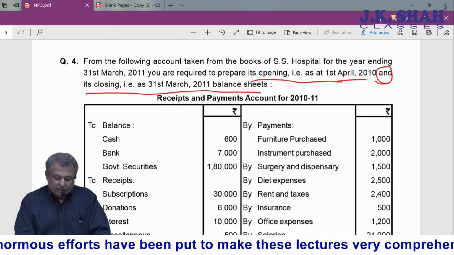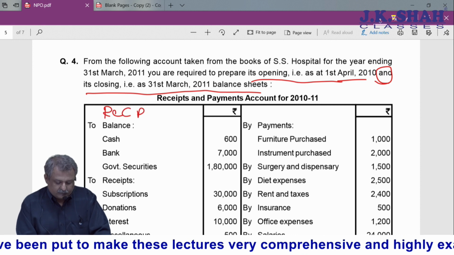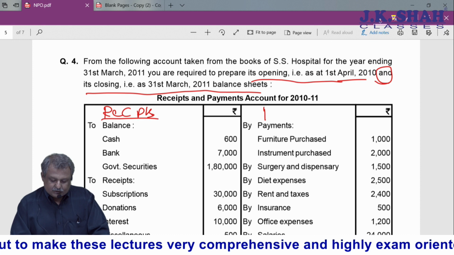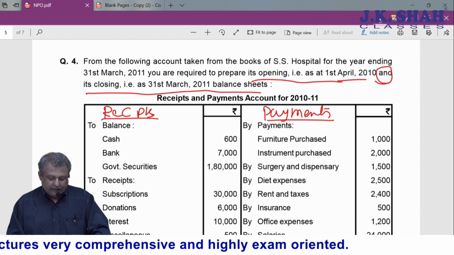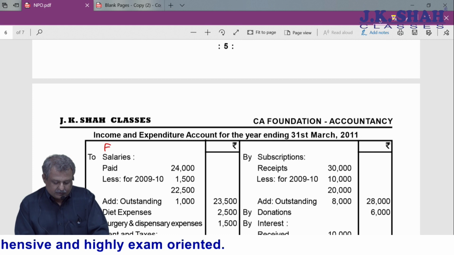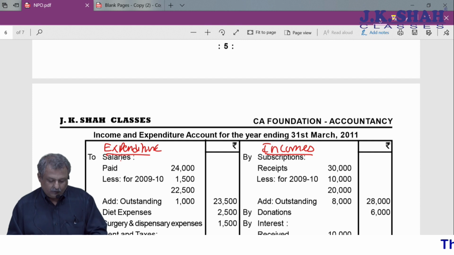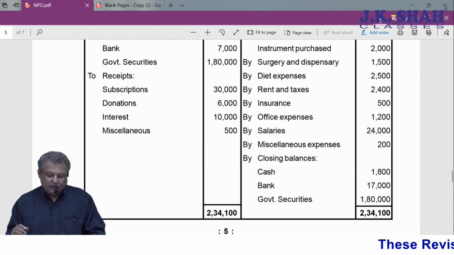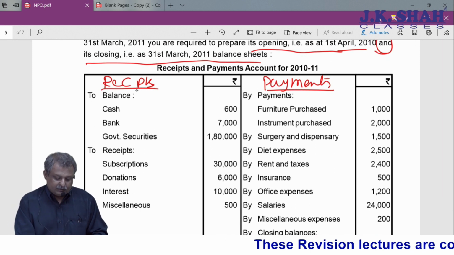Now, in the receipts and payments account, the debit side is receipts, and the credit side is payments. And similarly, in income and expenditure, the debit side is expenditure and the credit side is incomes. Now, what happens is when you are asked to prepare only two things from receipts and payments,